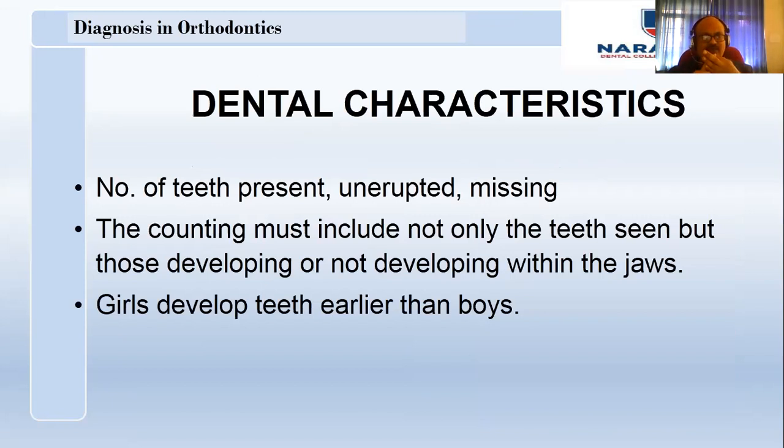You have read in oral pathology all these conditions which cause a discrepancy in the size or shape or number of the teeth, like aplasia or hereditary ectodermal dysplasia. All that, if any teeth are missing, you have to write down after all these characteristics, because this causes the local factors of malocclusion.